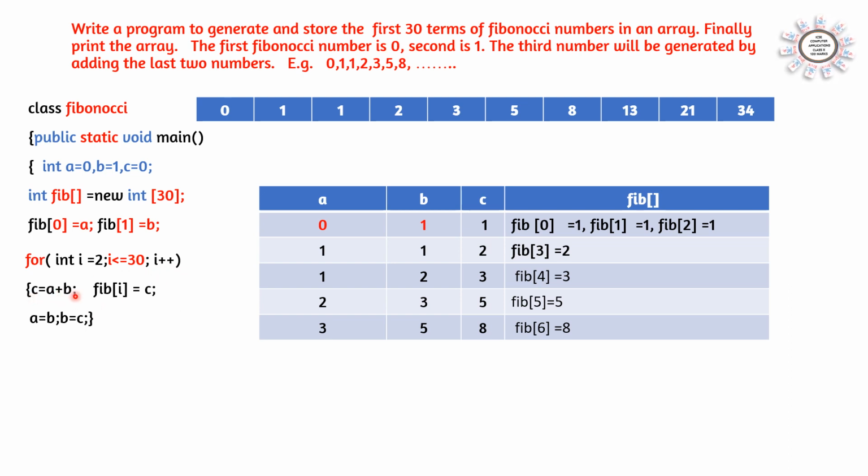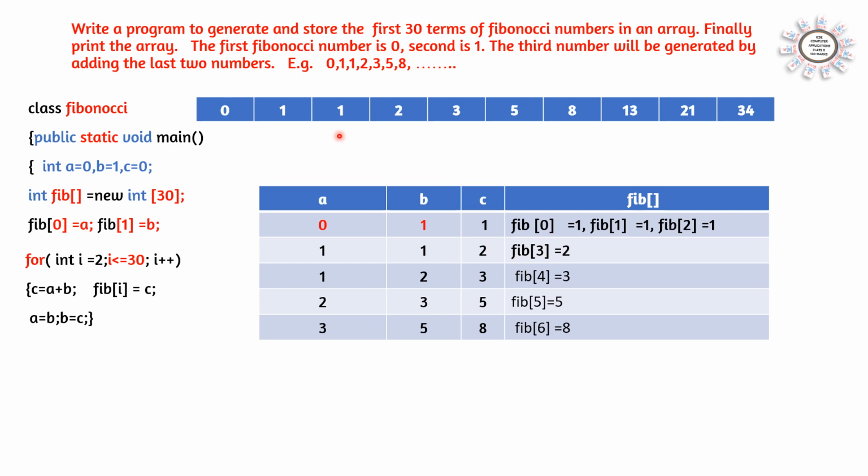And C is equal to A plus B. First we can see what is C. Here A and B are the last two numbers. C is equal to adding the last two numbers. That means 0 plus 1, it is 1. And now we are storing this number in f. So storing we can see later. First we can find how to find the Fibonacci number. So 0 plus 1 is 1. So we got the number, the third number we got here.